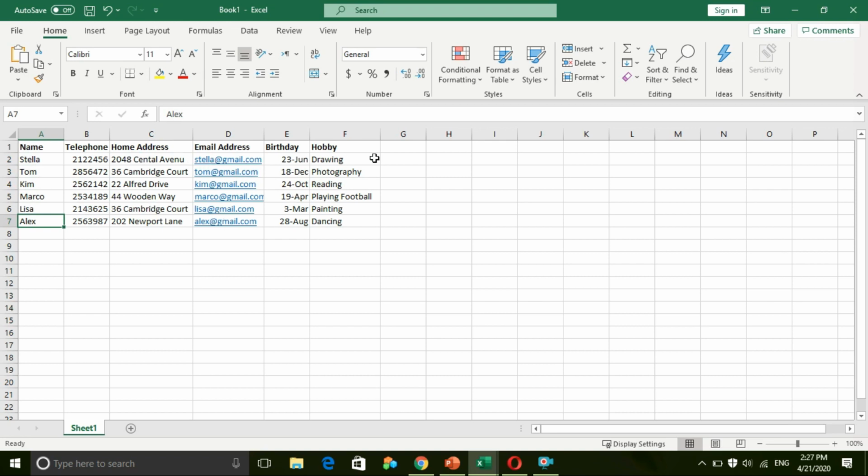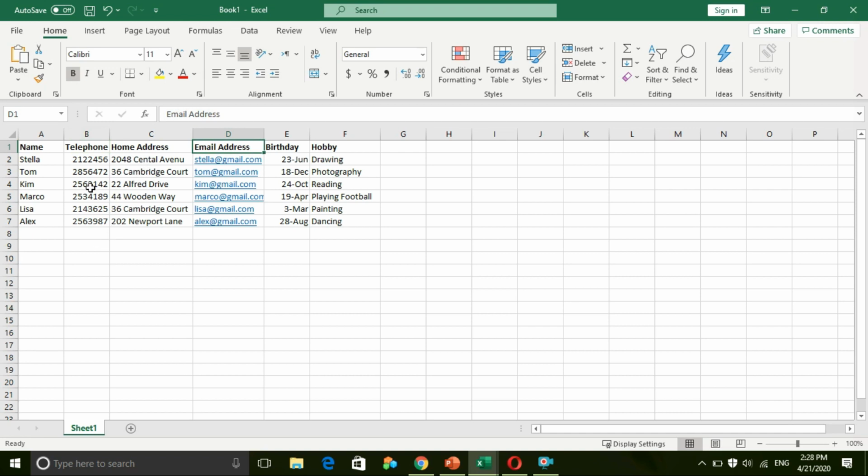Okay, so I want you guys to do the same with your friends. You know your friend's phone number, home address. So if you don't know any of these, you can delete it. It's okay. You don't have to do the telephone number or the email address. You can just omit it. It is completely optional. So this is how you add one record for each of the friends.